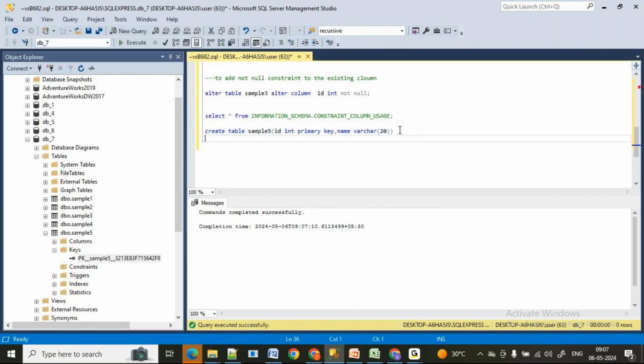Fine. Now I will be taking one more table, create table sample 5 underscore 6, which is of id int.